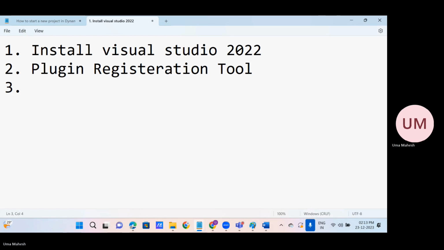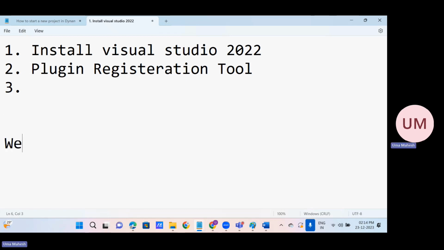the .NET. In .NET, we are able to build different types of applications. See, Visual Studio is an IDE, a developer tool, right? But by using this Visual Studio tool, we can write different types of programs using C#. So what types of applications can we build in .NET? We can build